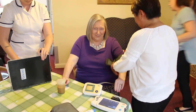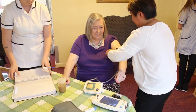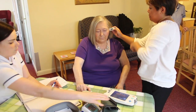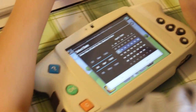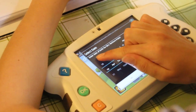Docabo is very easy to use. My initial training was about getting the staff to be able to do the vital signs, so the skill around doing blood pressures, temperatures, pulse oximetry, and their observation, so looking at legs to see if they're red or more swollen than usual, just to get the staff confident in asking those kind of questions and getting that skill. But Docabo itself is really easy to use, and my starter line with the training is, you've all got smartphones, it's just a bigger smartphone dressed up in hard plastic, and they get it straight away. So it's got the top arrows, side, back, whatever way you want to go,